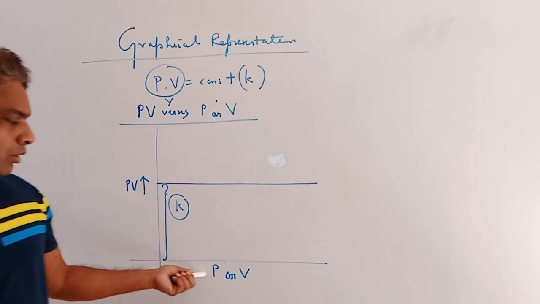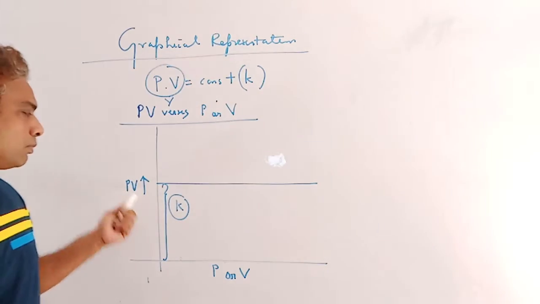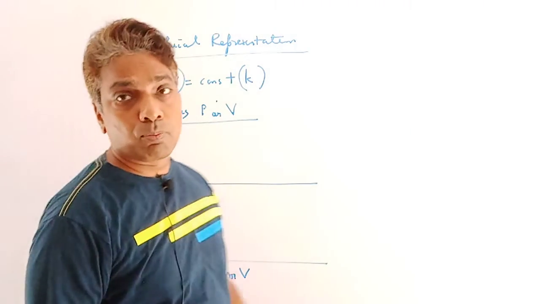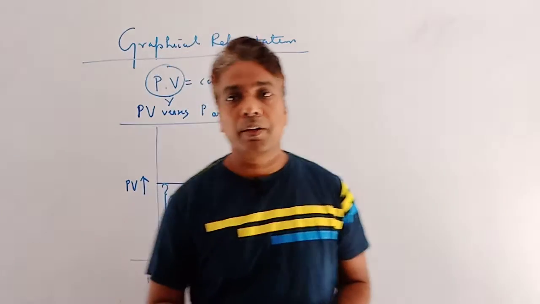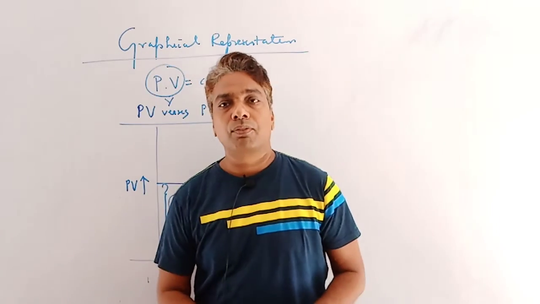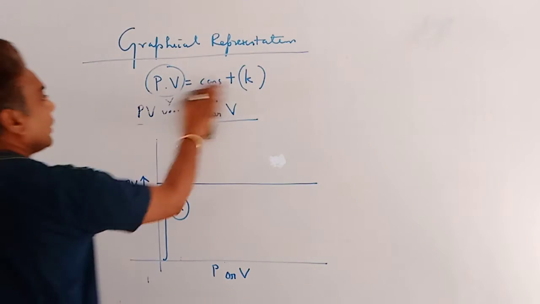So on decreasing or increasing the pressure or volume, the product of pressure and volume is always constant. Clear? So these are the graphs for Boyle's law. Now